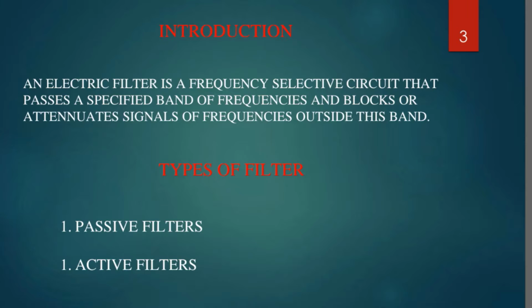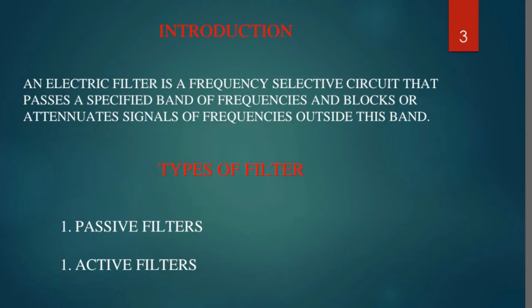Additionally, filters are used on power supply output to reduce ripple. In signal processing, a filter is a device or process that removes some unwanted components or features from a signal. Filters are widely used in electronics and telecommunication, in radio, television, audio recording, radar, control systems, music synthesis, image processing, and computer graphics. Nowadays, in these devices, filters are used in a wide range.